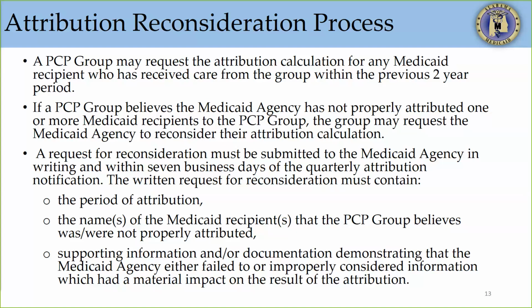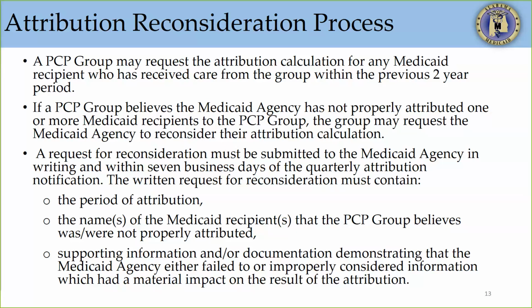A PCP group, after reviewing the report, may request an attribution calculation for any Medicaid recipient who has received care from the group from the previous year or previous 2 years, but has not shown up on their attribution report, and they believe that they should have been attributed to them. If the PCP groups believe they have not been attributed, the group may request the agency to reconsider the attribution. The request for reconsideration must be submitted to the Medicaid Agency in writing and within 7 business days of the quarterly